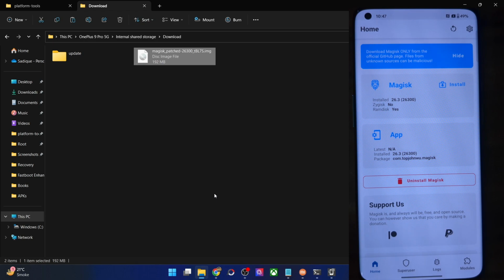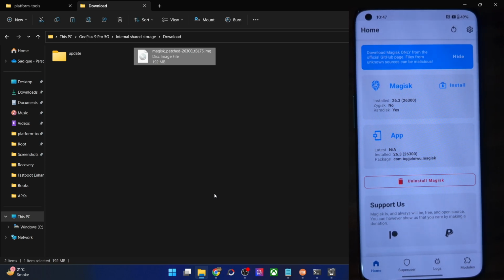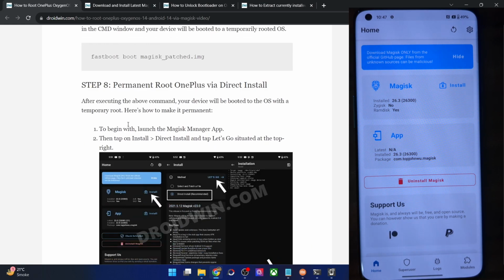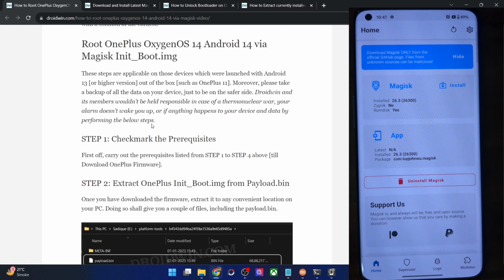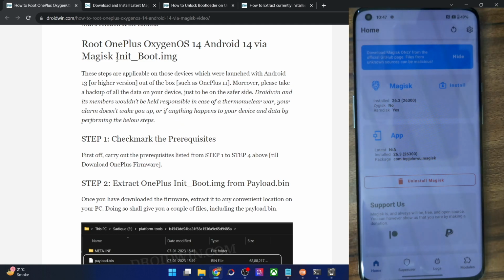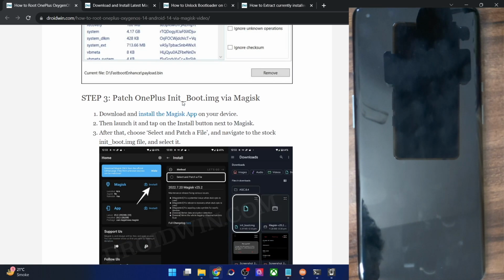So guys, this was rooting the phones which came with Android 12 or older version using the Magisk patched boot.img. Let me now show you the steps for rooting those phones which came with the init_boot.img, so the phones which came with Android 13 or higher version out of the box. For that, make sure to patch the init_boot.img file and place the patched init_boot.img file inside the platform-tools folder. As you could see in my